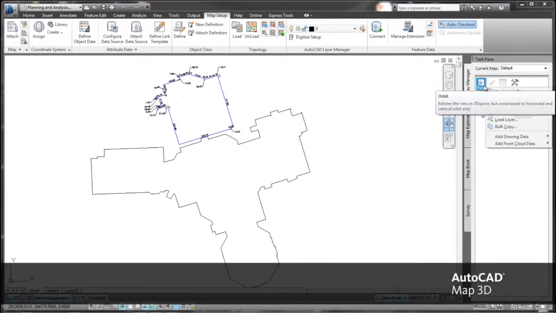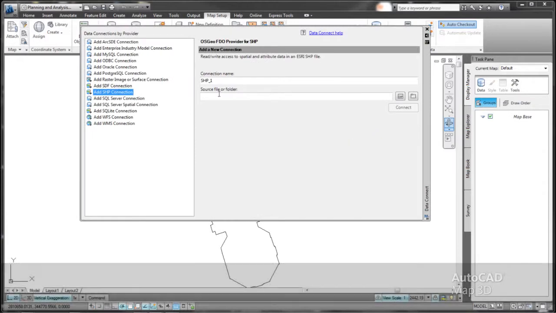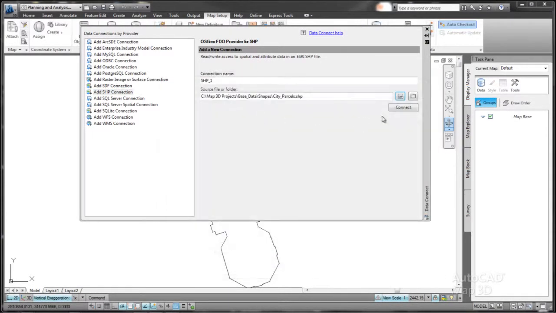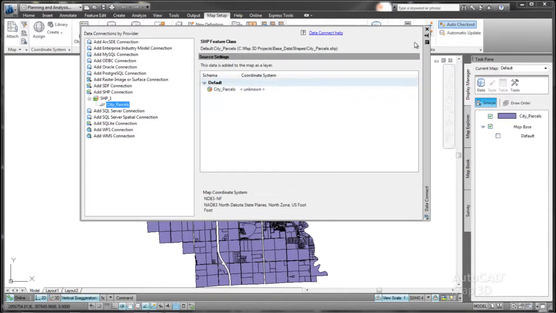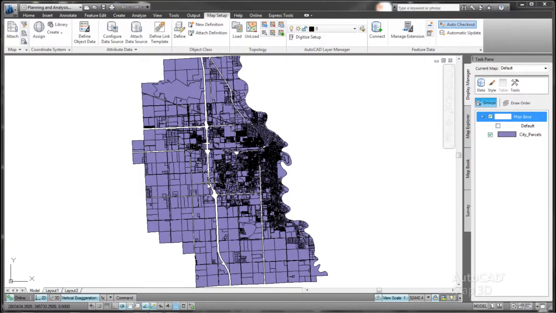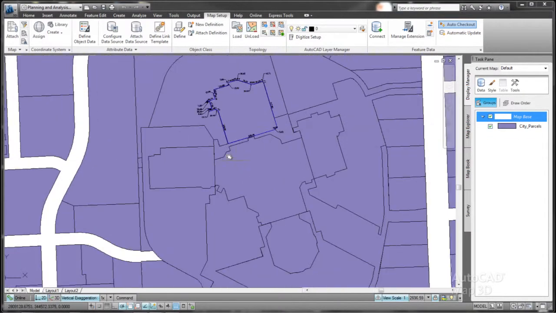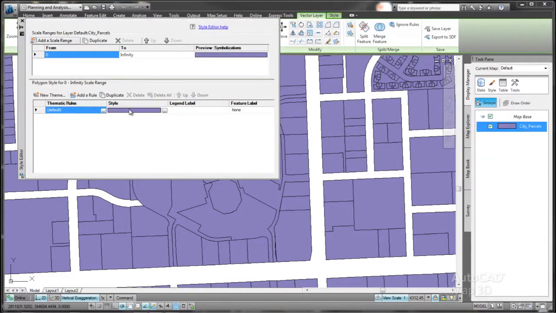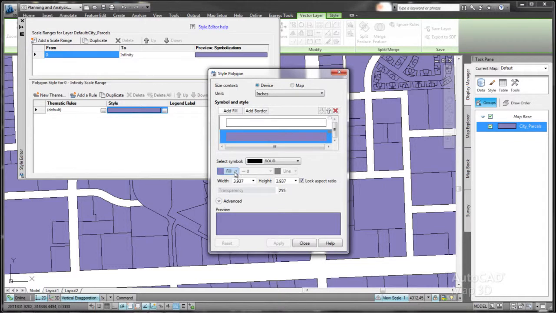Using AutoCAD Map 3D, you have access to a variety of data representing existing conditions that can be used for creating compelling master plans for projects. In this example, AutoCAD Map 3D is used to aggregate data to produce a master plan for a proposed mall expansion. Starting with the basic footprint of the current mall and the proposed expansion, you can connect to the parcel